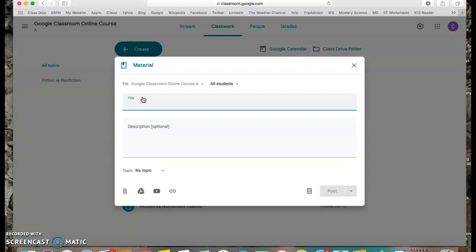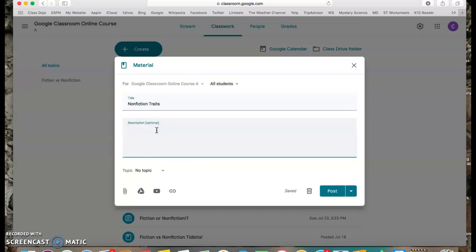So in this case, I am going to name it nonfiction traits. So this is going to be notes that my students can pull up and look at if they need help signifying or saying what is nonfiction text. So I'm just going to write a little description in here. This resource may be used to help you decide if a text is